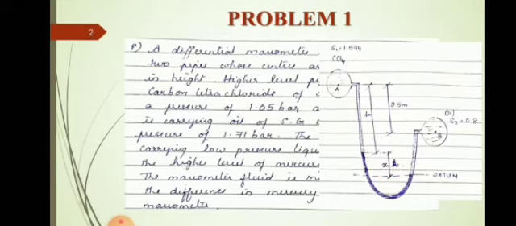Okay, so the procedure is same as that you have done in the normal manometer. How do you do it? First you have to draw the datum line. Where do you draw the datum line? Along the lower level of mercury. So the datum line is drawn. Then what do we do? We have to equate the pressure above the datum line in both the limbs. So that is the step that you have to write.